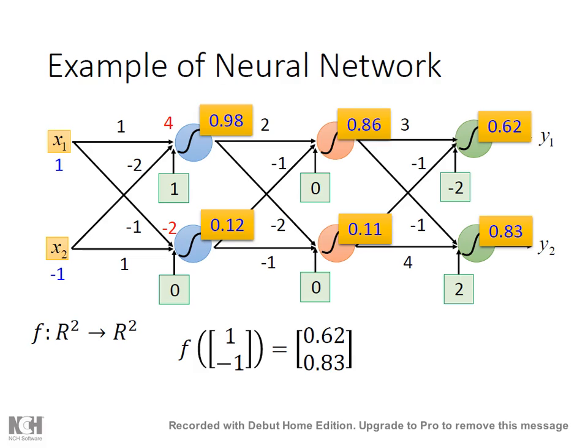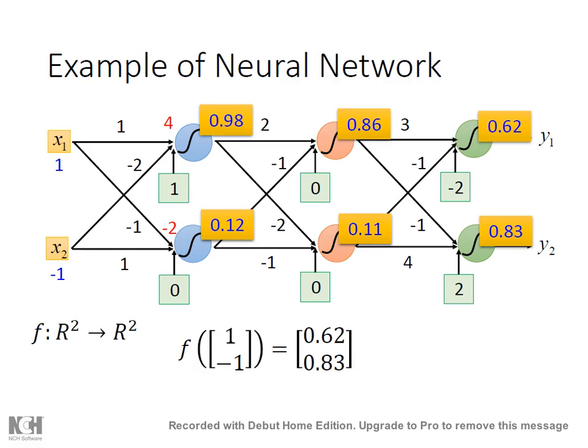Okay, but it's actually a nonlinear function. You see, it's not linear. It will not produce a line or a linear function. Actually it's a nonlinear function because you multiply with many operations here. We know the nonlinear function is more powerful than a linear function because it can model more complicated models.